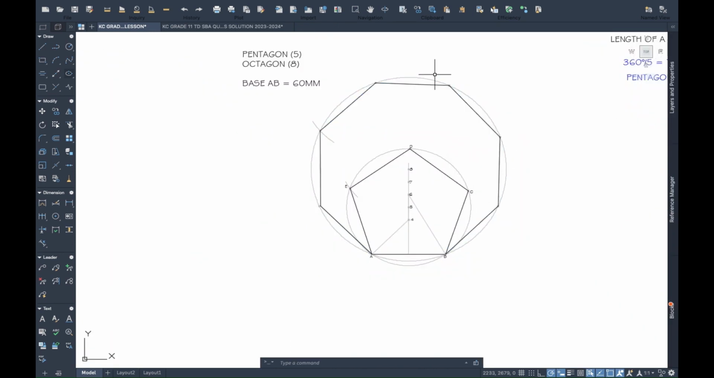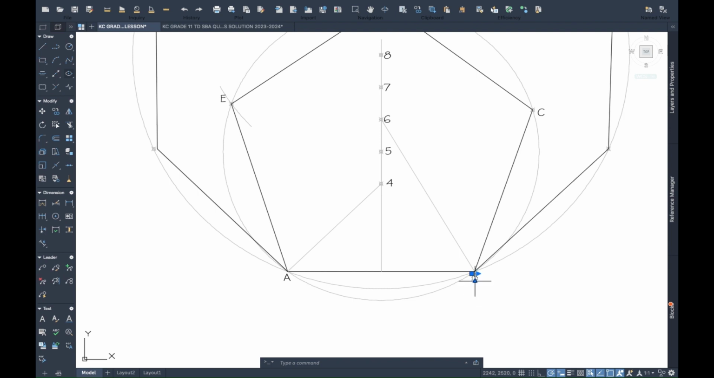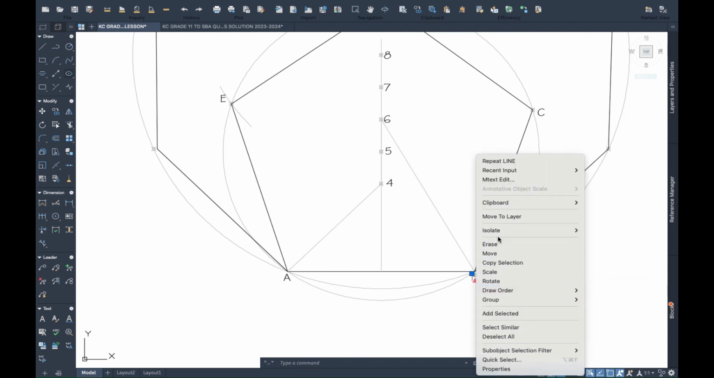And there we have our hexagon. Alright, so of course we have to label our hexagon. We have to label it, right? So if the first one is A, B, C, D, E, then we can say